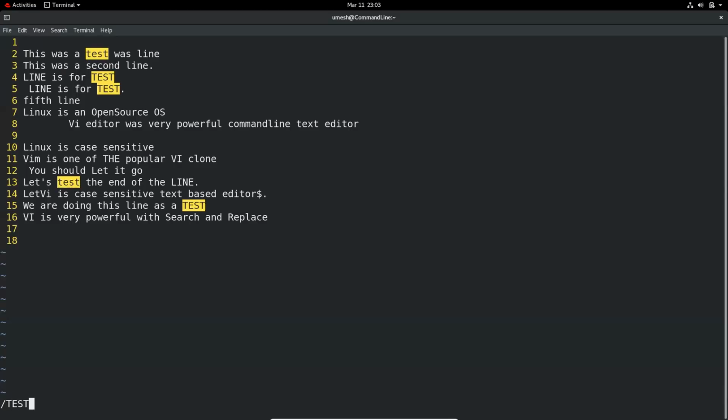And then if you want to enter a period as a part of the word, you have to escape this special character using the backslash. So it will just display number 5 because that's the only word test with the period.